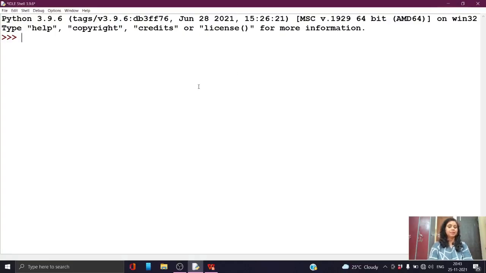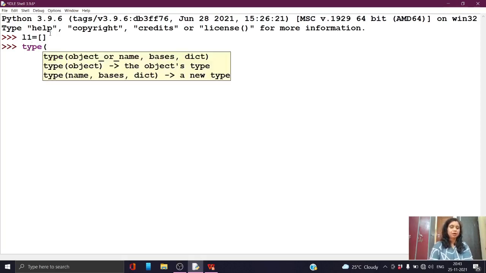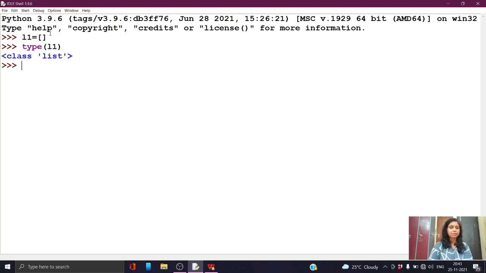Let us do practically how we create a blank list. So L1 is my list variable name. Then if I don't want to store anything, here I just have to use the square bracket start and square bracket close. So in this way I can create a blank list variable. You can check that, you know, the type function is used to check the data type of any variable. So here, what is the data type of L1? Now you can see this is the list type because we have used the square bracket start and square bracket close, right students?